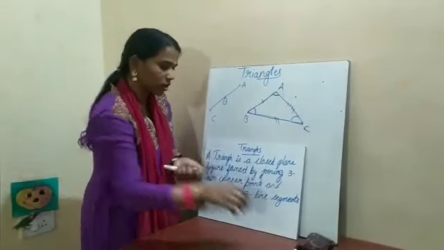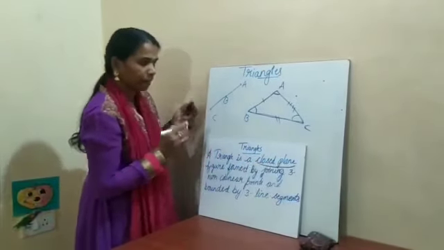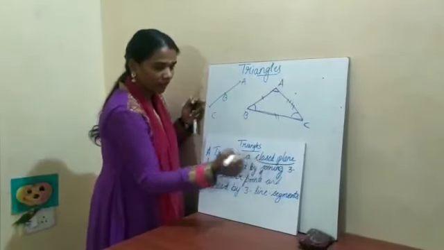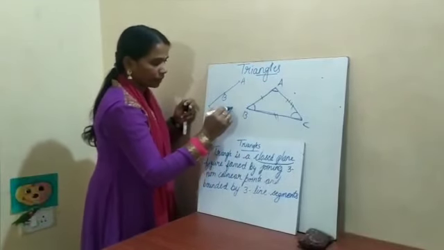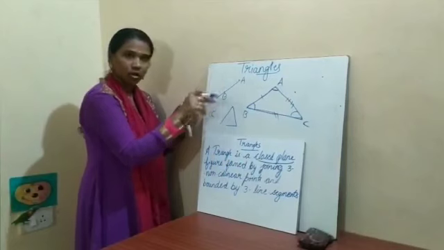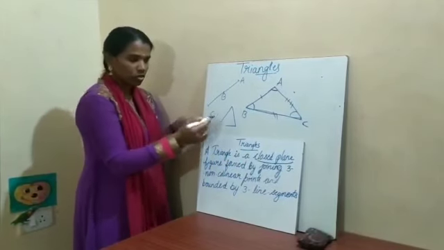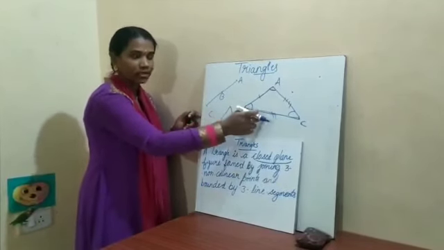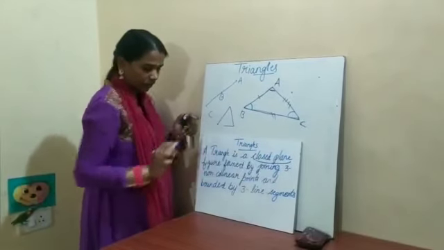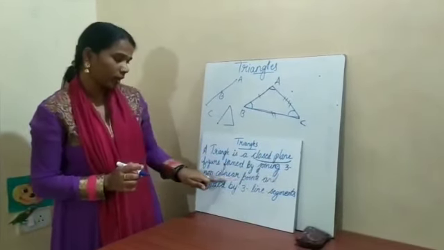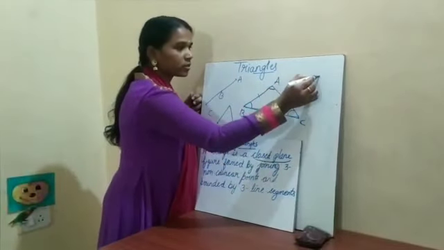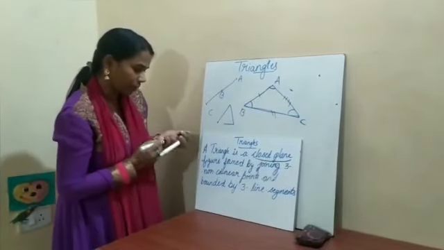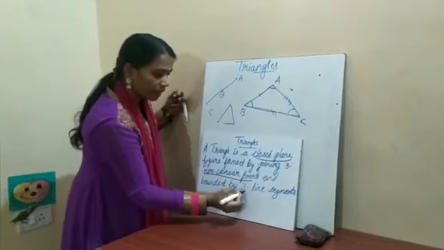Here I have just written what a closed plane figure is. Let me explain what a plane figure is. I have already explained plane figures in the last class. Now observe this figure. It is also drawn on the plane. But is it a triangle? No, because it is not meeting at this point. So it is called an open figure. Whereas a triangle is a closed plane figure, formed by 3 non-collinear points, which do not lie on the same line. So you have understood non-collinear points, and also bounded by line segments.